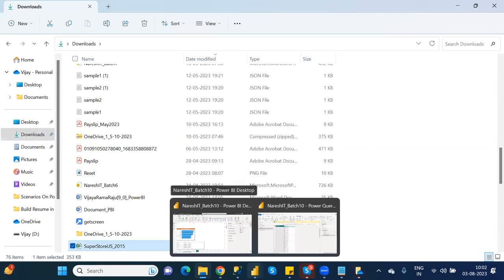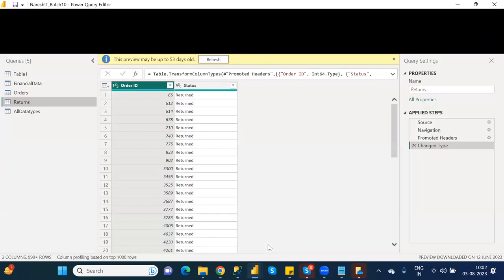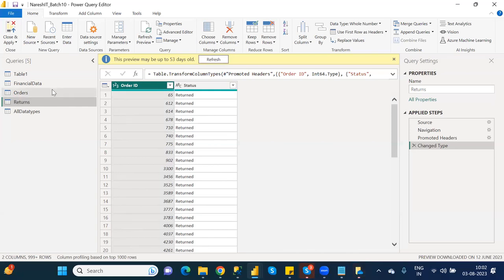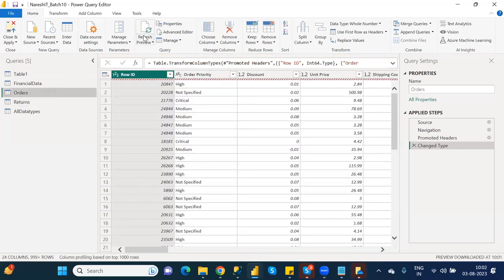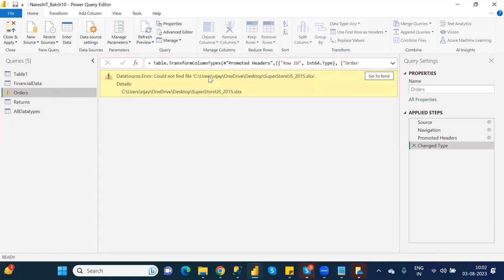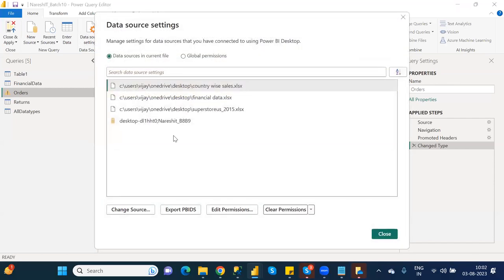Okay. So see here. Now I change the location again to downloads. Then see again orders. When you click on this one and click on refresh, again it will throw an error. Then what you have to do? Click on data source settings, and which path you need to select? First path you need to select it, man. Which path you need to select? This is the one. From this Excel only we are getting the data, right? And click on